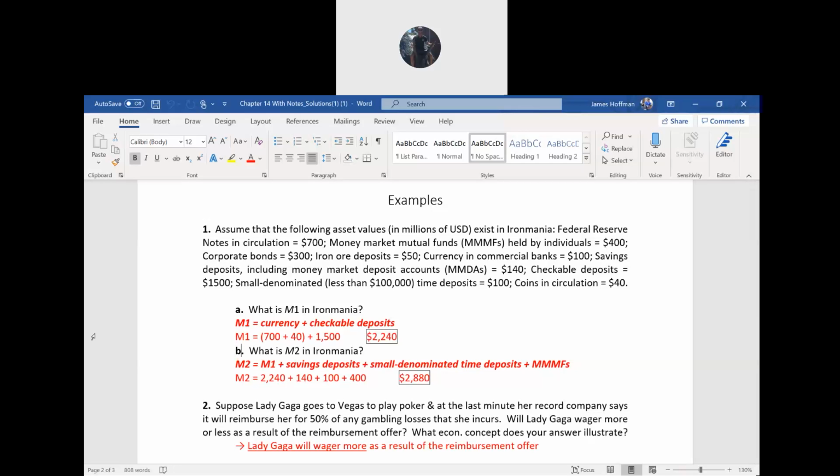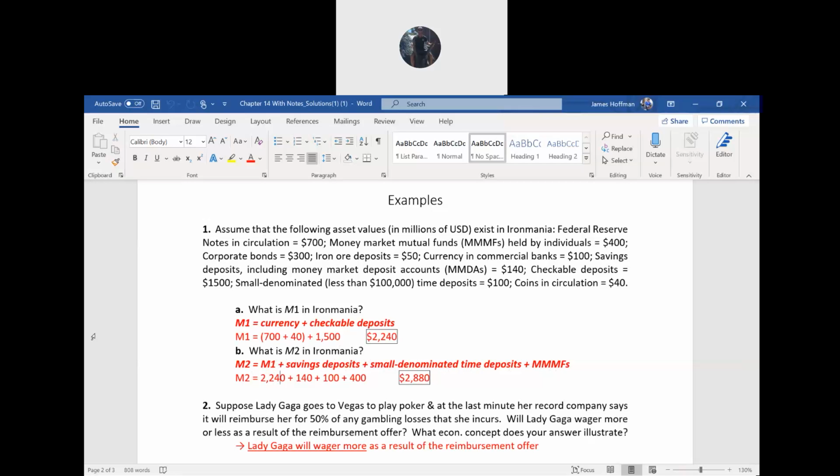Okay, and then the slide told you what goes into M2. It was M1 plus the three things that are near monies. So it's M1 plus savings deposits, small denominated time deposits, and then money market mutual funds. So all you've got to do is go through this example and start with the